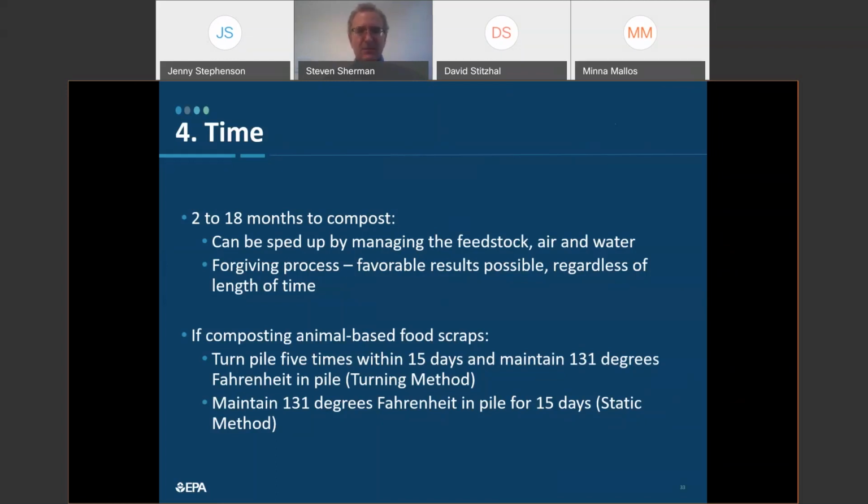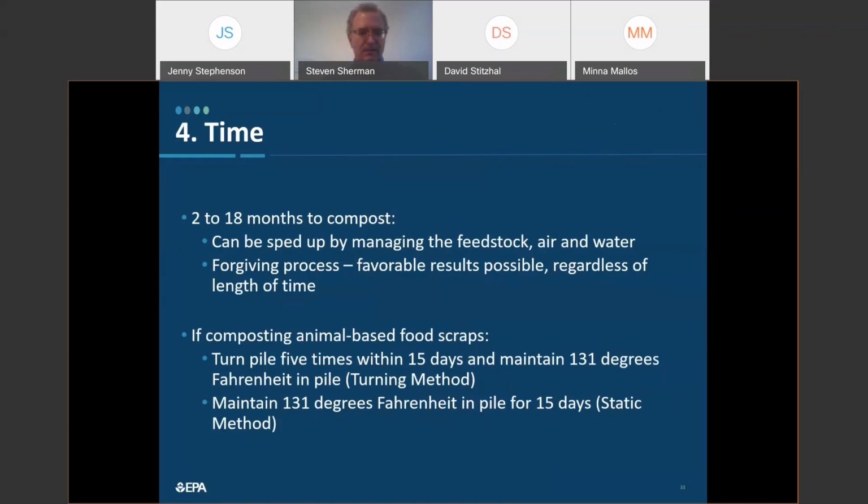And if you are composting animal-based food scraps, there is just another cautionary note. It's important to really follow the rules and requirements that are in place in various states for dealing with such materials. Tribes may not be subject to the same types of rules and regulations that other communities are, but when we're talking about animal-based food scraps, we really need to be careful about making sure that we kill off any possible pathogens, any disease-causing agents within